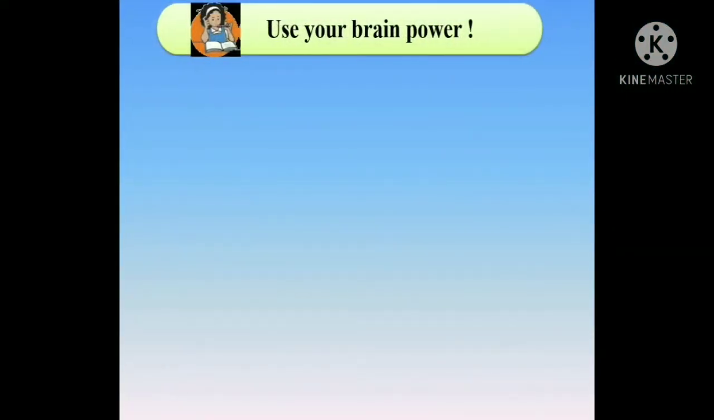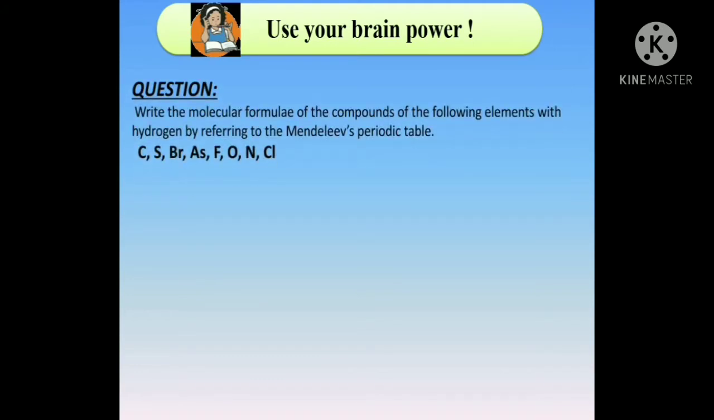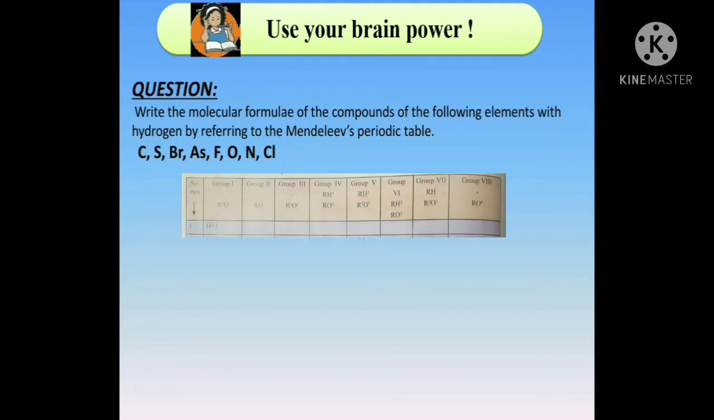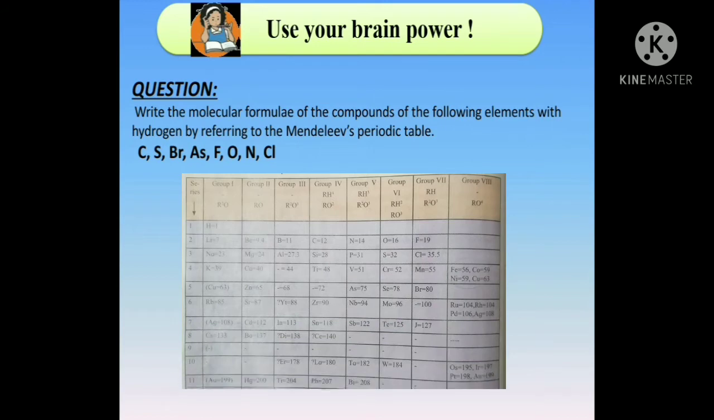Let us come to the next section. Use your brain power. Let us discuss some questions and answers. Question: Write the molecular formulae of the compounds of the following elements with hydrogen by referring to Mendeleev's periodic table. Children, you can have Mendeleev's periodic table in front of you to go through how these